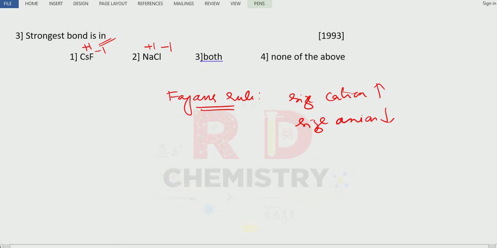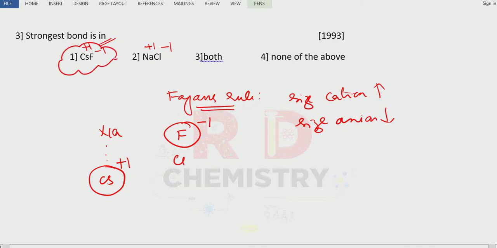Now we have got sodium, and we have got cesium in the same group, alkali metal. Which size is larger? Cesium is larger in size. Similarly, take fluorine, chlorine. Down the group size increases. Which is the smallest? Fluorine is the smallest. Cesium can form cation and fluorine can form anion, minus 1 charge. So the answer is cesium fluoride here according to Fajans' rule. Clear?